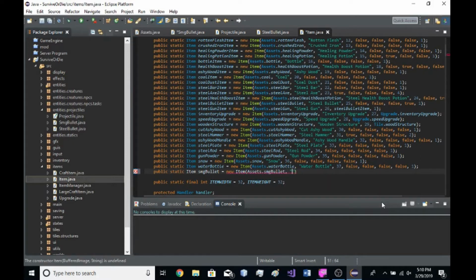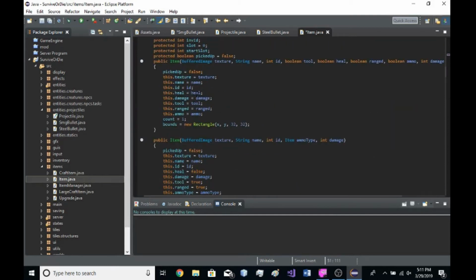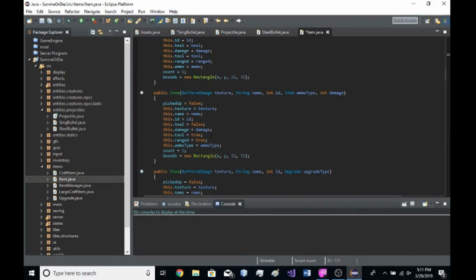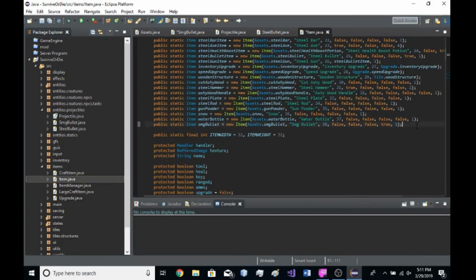Then I need to do SMG bullet, which you cannot see the names anymore. I use that for behind the scenes work. So now we're going to copy up here, Steel Bullet item, the same thing as we had for the other stuff. We're just going to copy these false and true values, because I don't know what they mean, so I'm just going to make them. I think it's this one, ammo. No, this is for guns, because you plug in an ammo type, and this is the one for ammo. Okay, and then we create a new item,